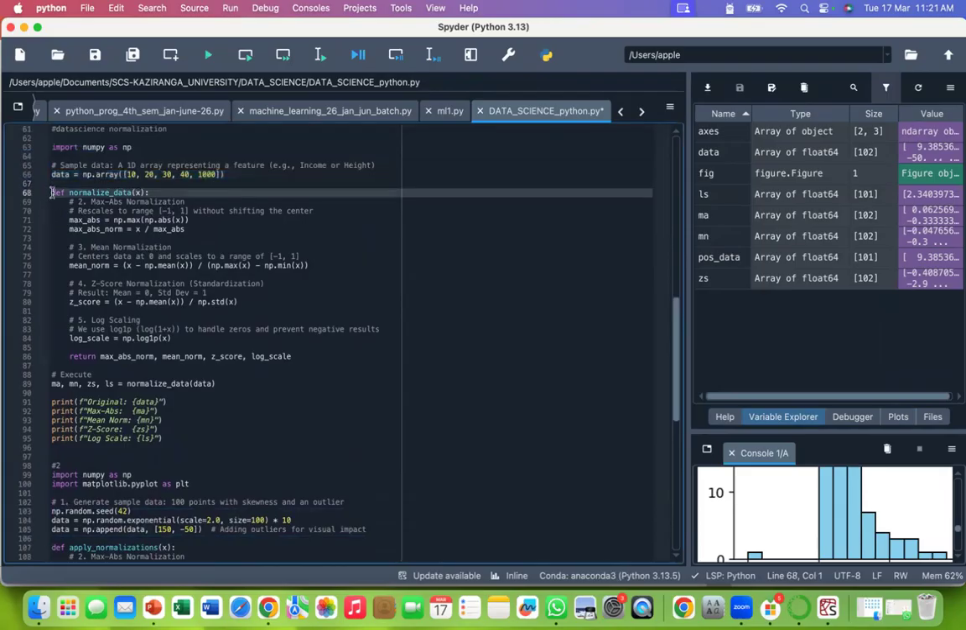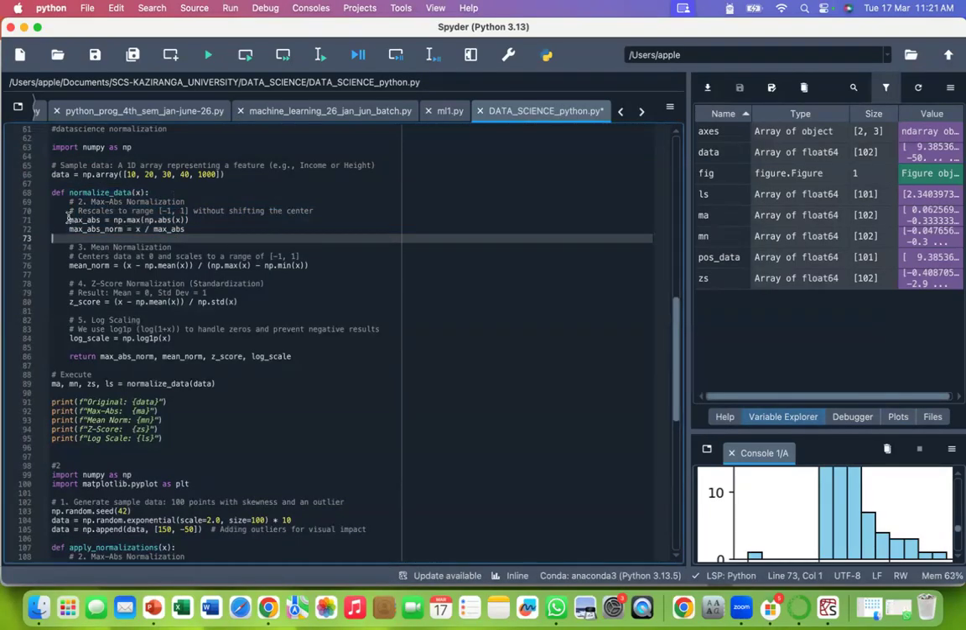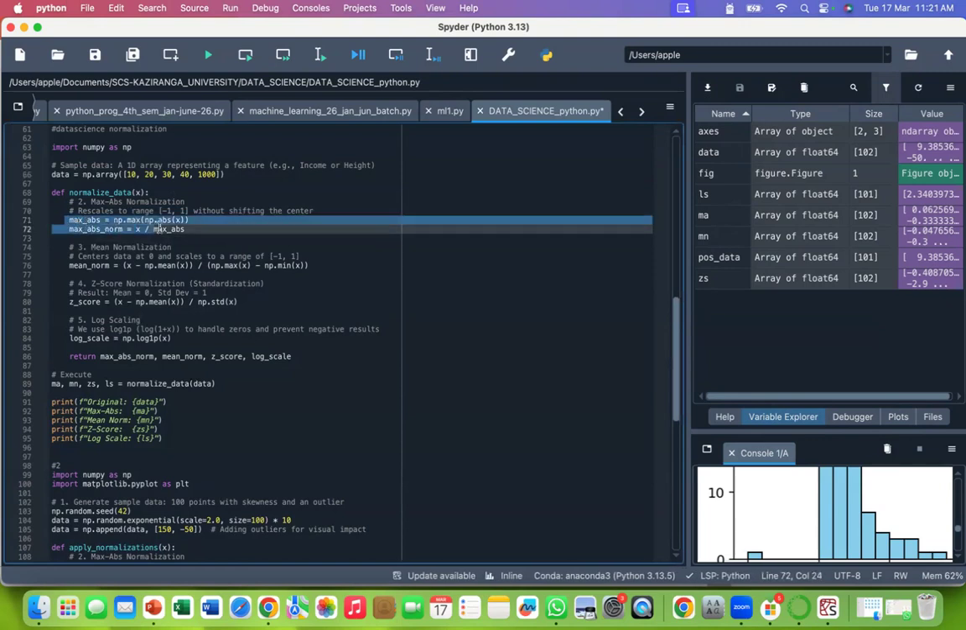Then we have created, what is this? Can you tell me? Yes, you are right. That is a function that we are creating, where we are including max abs normalization, mean normalization, Z-score normalization, and log scaling. Okay. And this is the formula